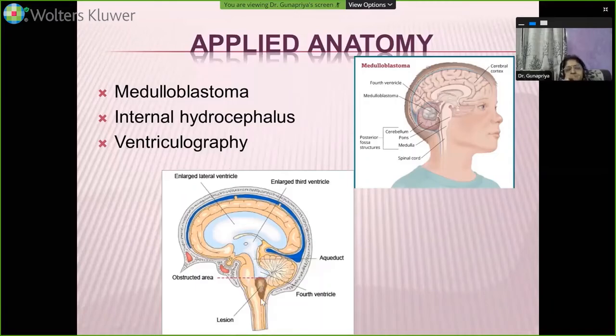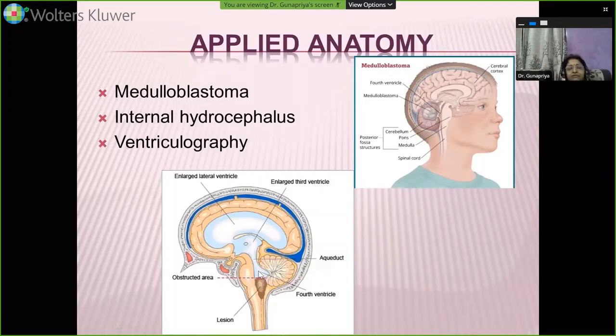What will happen? The cerebrospinal fluid gets accumulated within the fourth ventricle itself, and it cannot circulate. The circulation of cerebrospinal fluid within the ventricles of the brain is impeded or becomes slow, and the ventricles start expanding in size, like what you can see here. The lateral ventricle is enlarged, the third ventricle is enlarged, and that is your fourth ventricle, and this is the obstructed area. Because lower down, it's not able to flow into the central canal of the medulla.